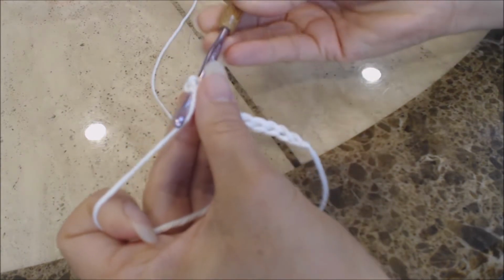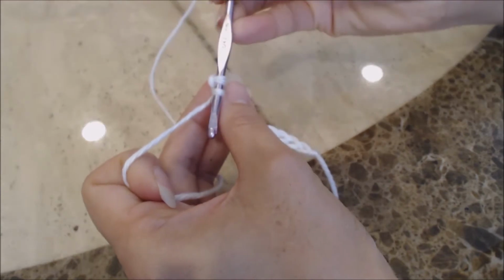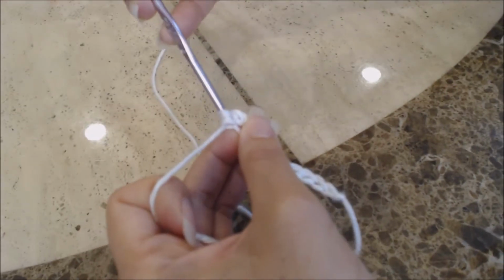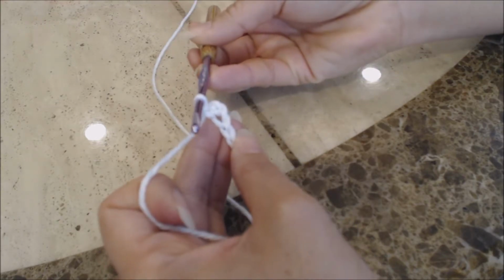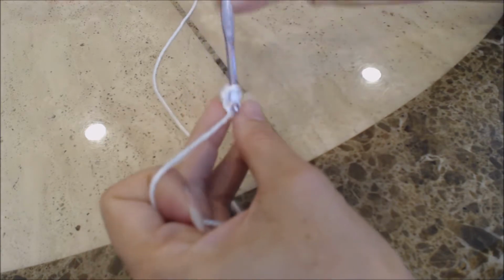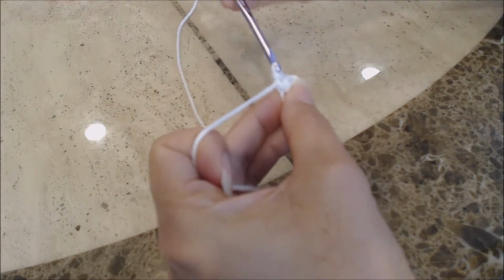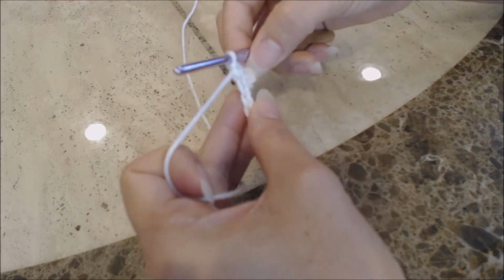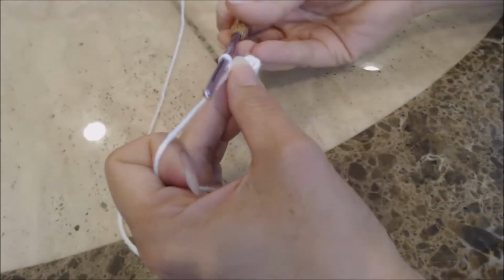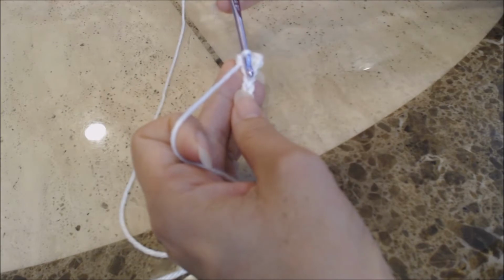So you're going to bring up a loop. Now you have 2 loops on the hook, yarn over, turn the hook upside down, and go through both for a single crochet. And then you're going to do a single crochet into every stitch back to the beginning. So go ahead and do a single crochet into every stitch back to the beginning. I'm going to do one more with you. Go into the next stitch over,